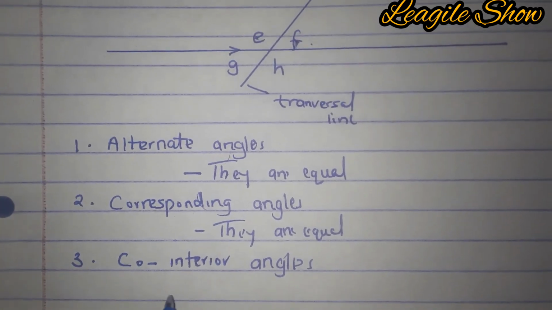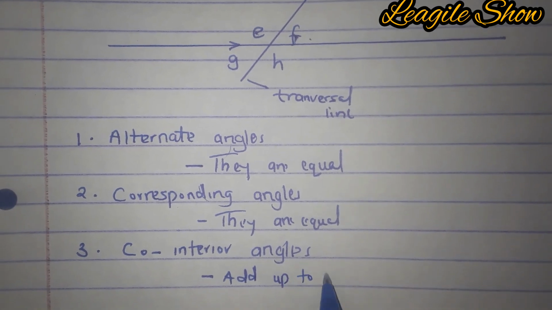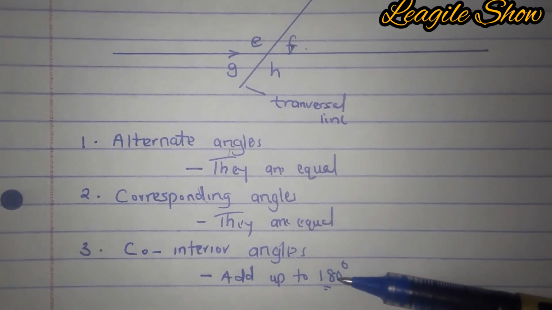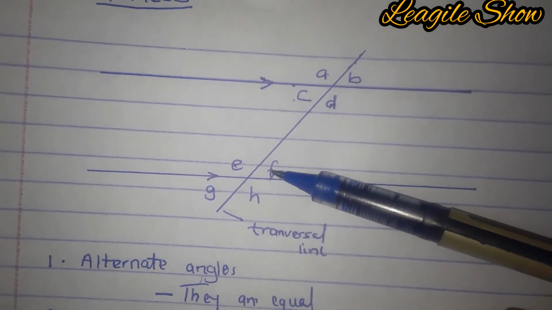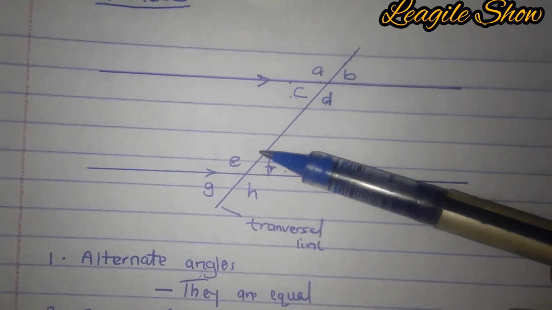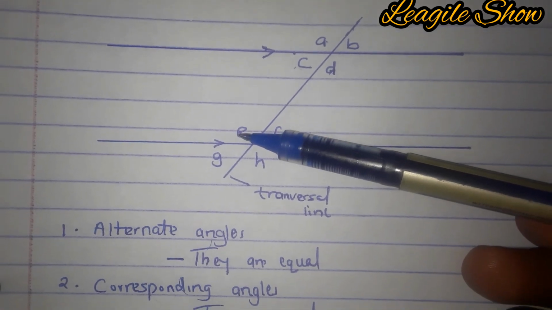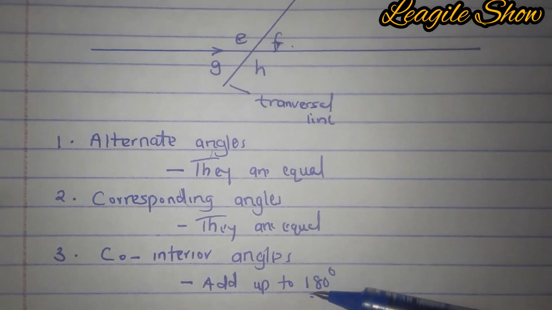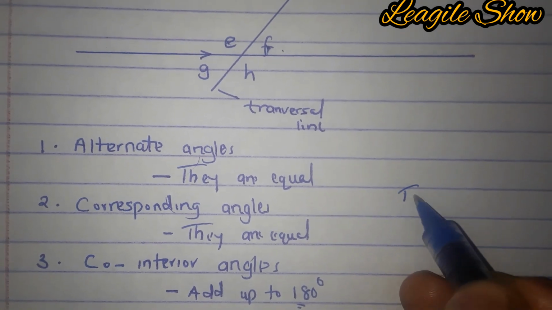Co-interior angles add up to 180 degrees. That means if you take angle D, you add to F, you get 180 degrees. Or if you take C, you add to E, you will as well get 180 degrees. You will notice that angles which add up to 180 degrees include, for example, angles in a